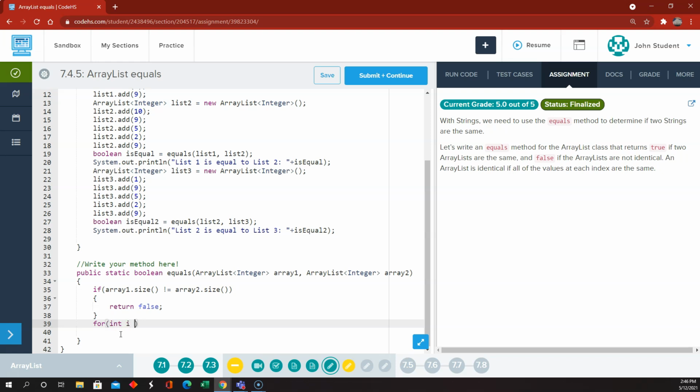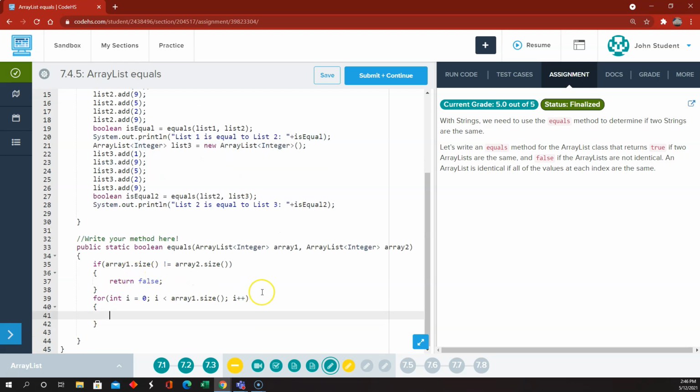So we can do a loop going from 0 to less than array1.size. And we can go through every item and see if the item at that index in one list is the same as the item at that index in the other list. So we can say if array1.get(i), the item at index i, is not equal to array2.get(i), if those 2 values, index i in one array and index i in the other array, are not equal, then let's return false,